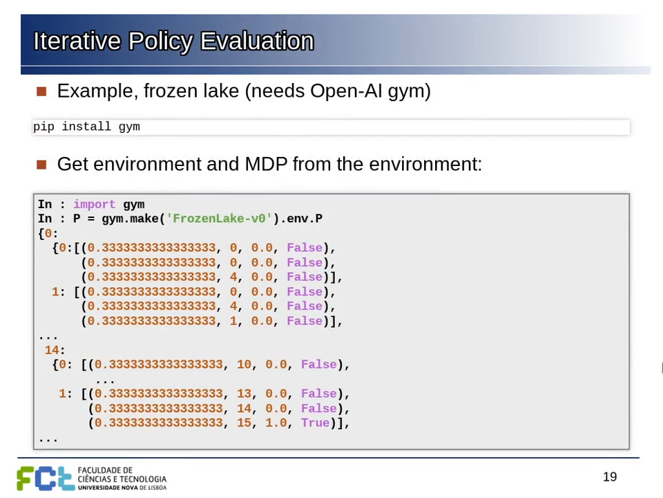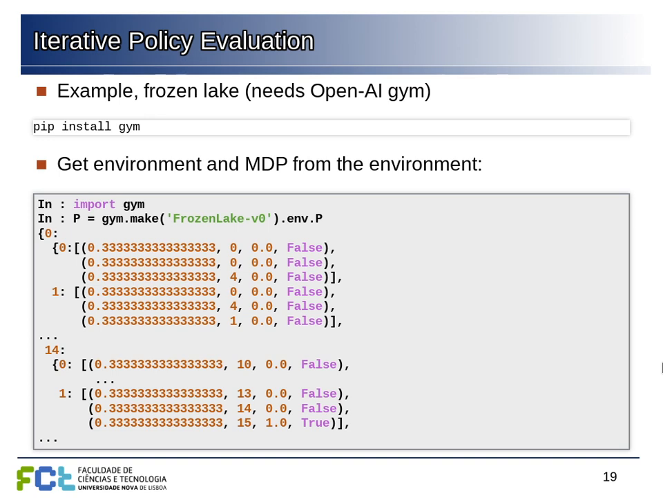So we can do this in Python. First thing you need, if you want to play around with these examples, is to install the OpenAI Gym on the environment where you're working. And then you can use the frozen lake. So basically, from the gym you make the frozen lake, and you get from the environment this table of probabilities